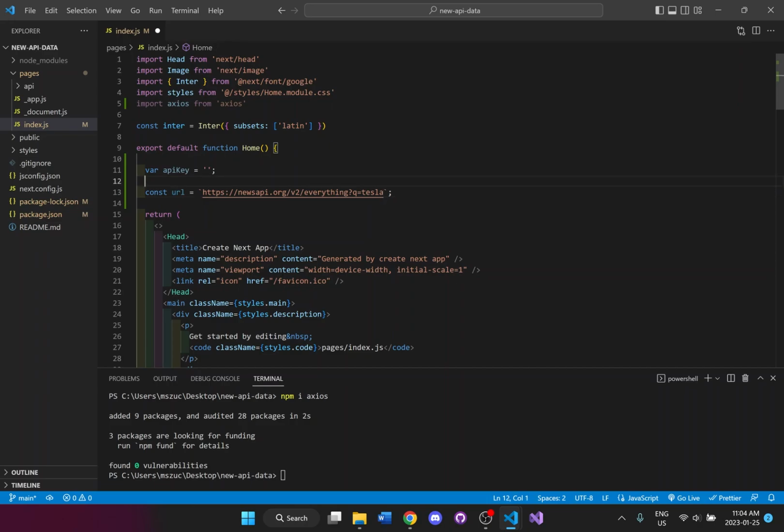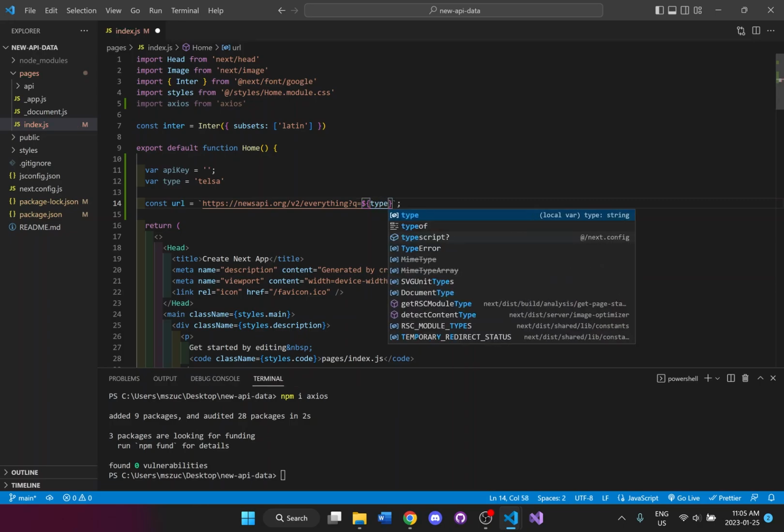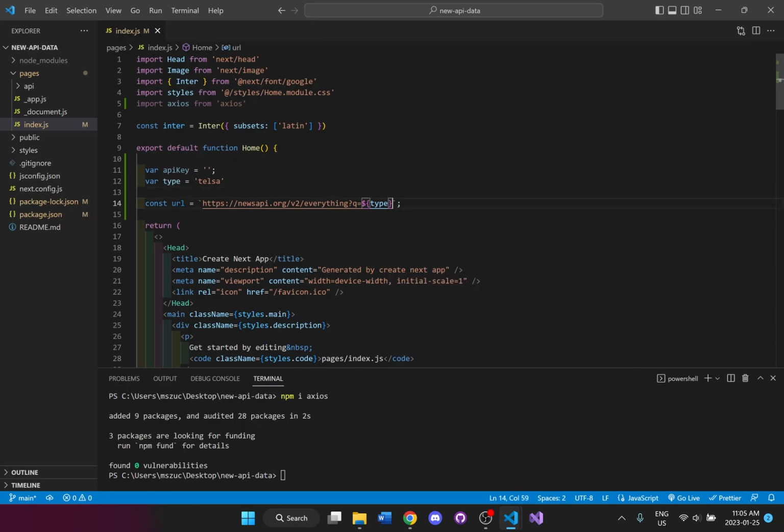If I want to organize this a little bit better, it's better to put all the variables at the top. So I'll put the type Tesla here, and then I'm just going to reference it. It's easier to see all these variables and then change them if you need to. Add the type right there.